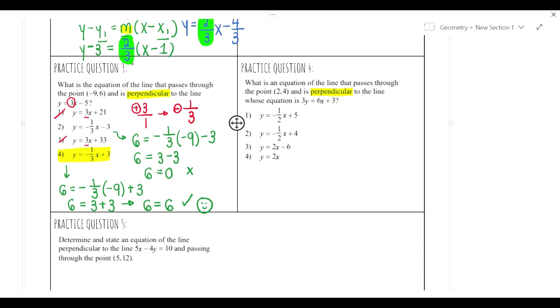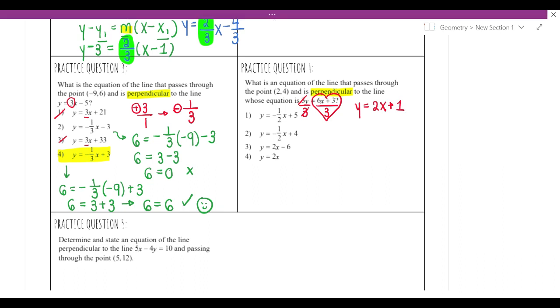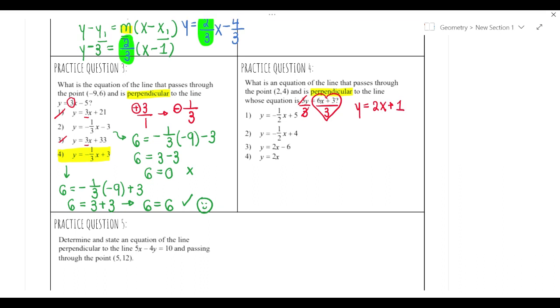Well, the issue here is that this equation given to us is not in y = mx + b form. So what we need to do is divide all the terms by 3, share the love on the right side, and now we're going to have y equal to 6x divided by 3 is 2x, and 3 divided by 3 is 1. So really I am looking at my slope of 2,